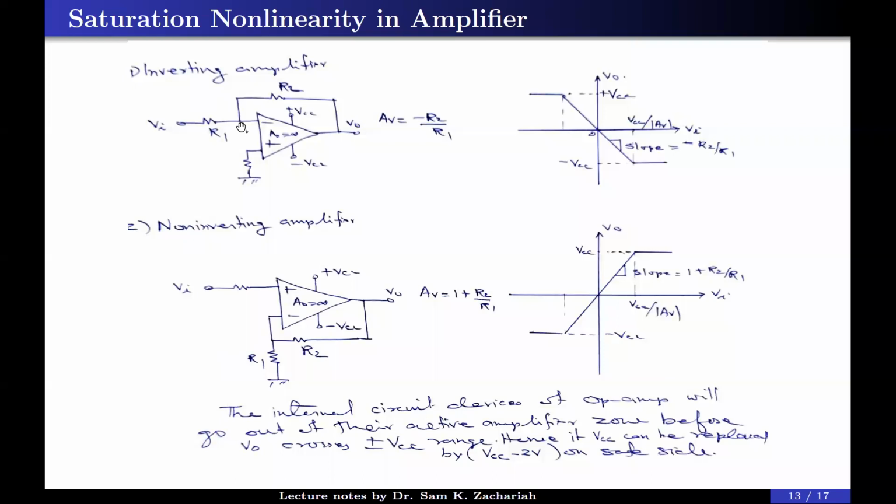What will happen finally? This voltage will rise up. Once this rises, again this voltage will go up. And this process will continue until the output voltage saturates at plus VCC. That is, if you are using positive feedback, the output will be either at plus VCC or minus VCC due to unstable positive feedback action. I hope this explains your doubt. Yes, sir. Okay.